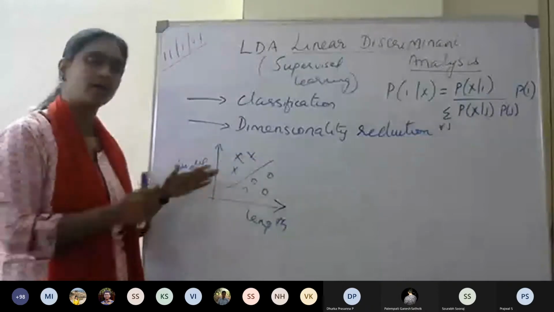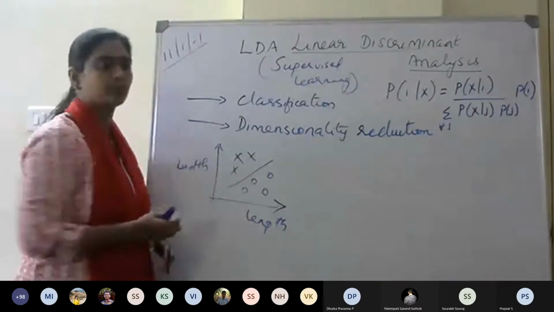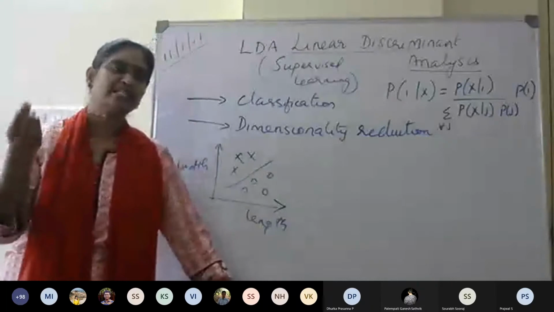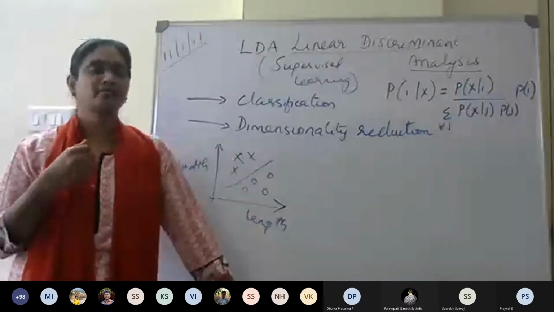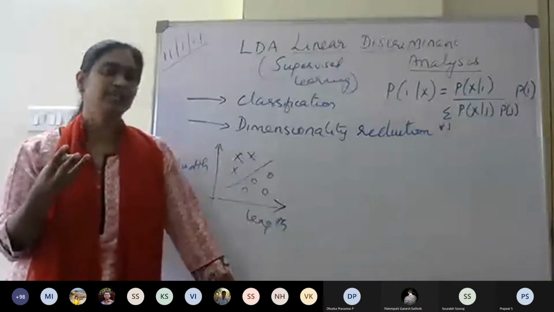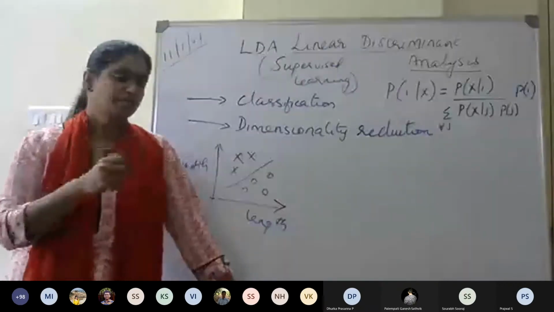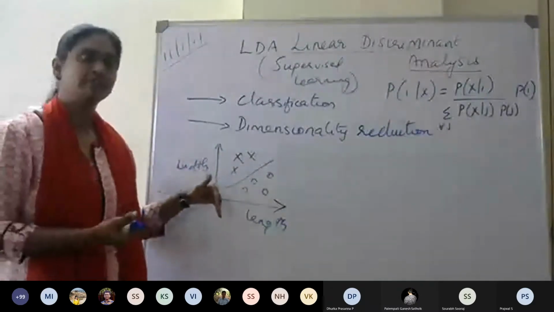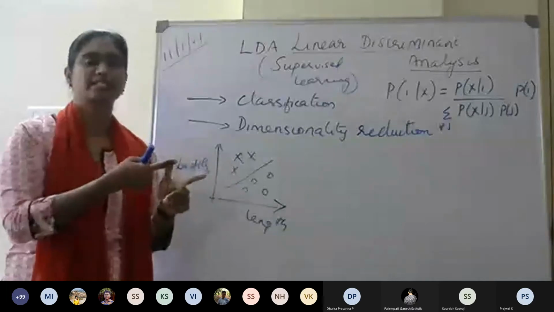So by looking at it or by using certain algorithmic concepts, I can draw a line like this which can separate both the classes. Now, if my number of features increases, then I cannot use a line. Instead, I have to go for a three-dimensional scenario instead of two dimensions. So if I have length, width, and say the weight of the fish also, then I need to use three dimensions x, y and z.